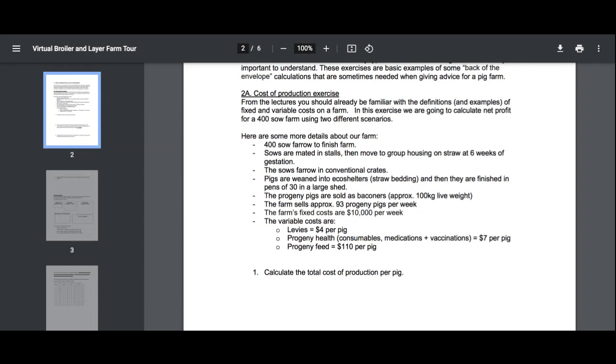So here we have a scenario with a 400 sow farrow to finish farm. The sows are mated in stalls and then they go into group housing on straw at 6 weeks of gestation. They're in conventional farrowing crates for farrowing and lactation, and then the piglets are weaned into eco shelters. So the progeny pigs are sold as baconers, so around 100 kilos live weight, and the farm sells around 93